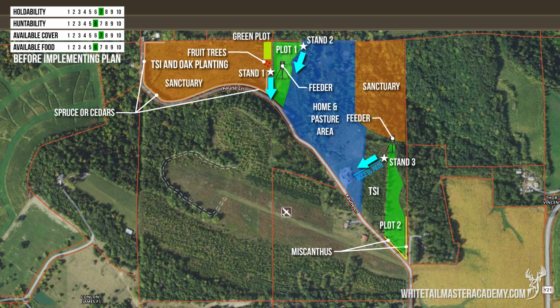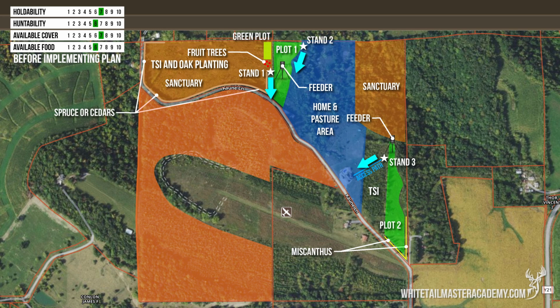There's several acres of CRP trees growing on this one too. Some really good thick cover, and as you can see, we're going to utilize all of that as sanctuary area, and it kind of ties into the sanctuary area on the other side of the road from the section we just talked about. The only thing is that we have the road kind of splitting through that sanctuary, but